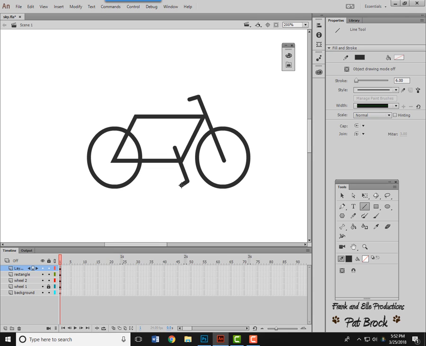I'll come over this way, and then I'll go to the top, and I think I'll go that way. And then I'm going to draw another line. And then I'm going to, because I'm going to put a seat on top of this, and I'm not sure